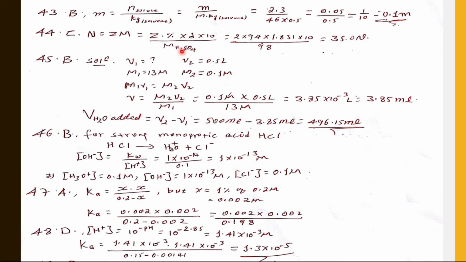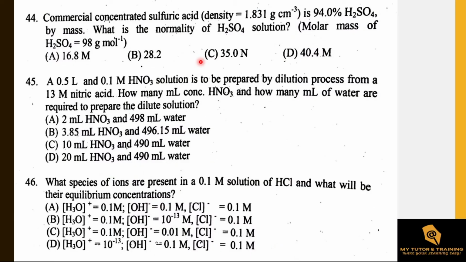So the normality becomes 35.0 normal. So for question number 44, the correct answer is C. C. 35 የት ነው ያለው? C ላይ ነው ያለው። ፎርሙላውን ተጠቅማችሁ ቁጥሮችን ልክ ስታስገቡ ራሱ መልሱ በቀጥታ ይመጣል። ግን ፎርሙላውን ማስታወስ መቻል አለባችሁ። ፎርሙላዎችን ማስታወስ መቻል አለባችሁ።